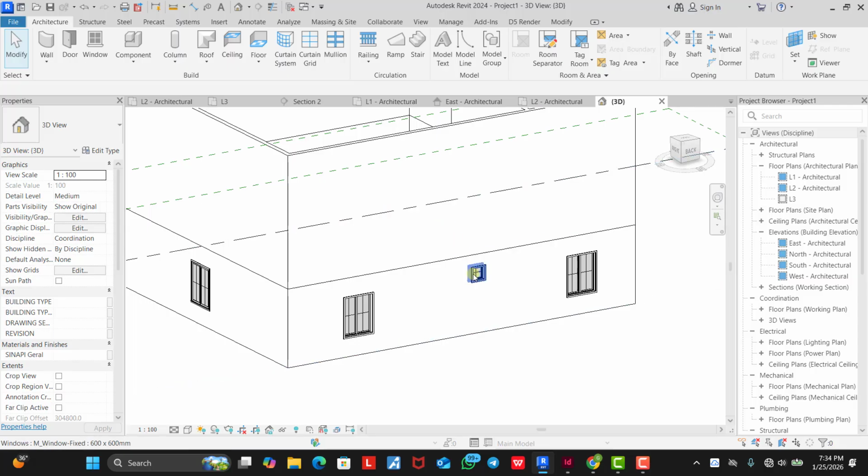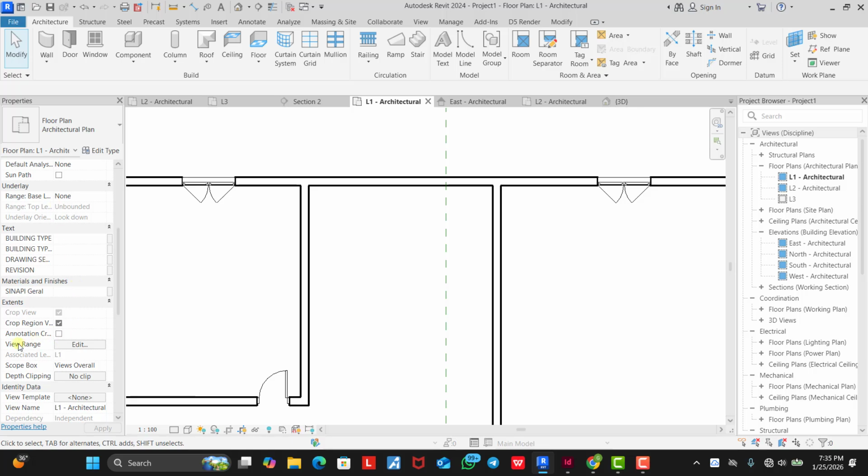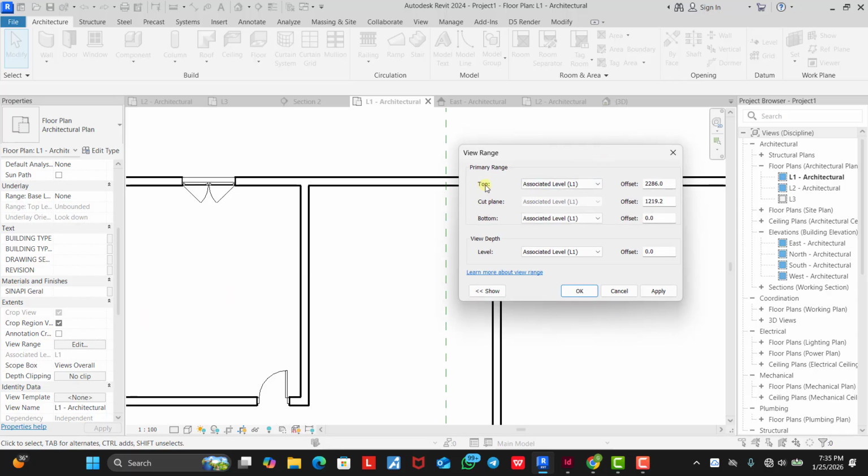Now this is how to solve it. This applies to walls, doors, and all other components. It applies to all of them. So this is the perfect way to solve it. Once you come back to your natural ground level, in your properties bar, you can scroll down and you will see view range. Once you click on view range, you click on edit. Now you would see top constraints level 1. Cut plane is also level 1, but at which level now? 1219.2. So if you increase this to, let's say, 15, and you click on apply,